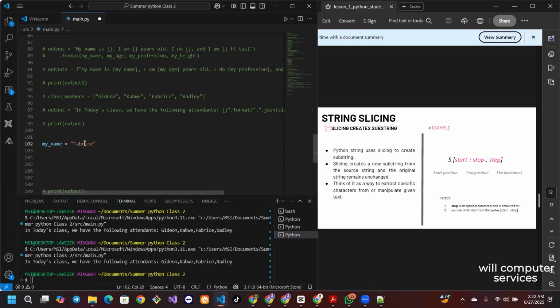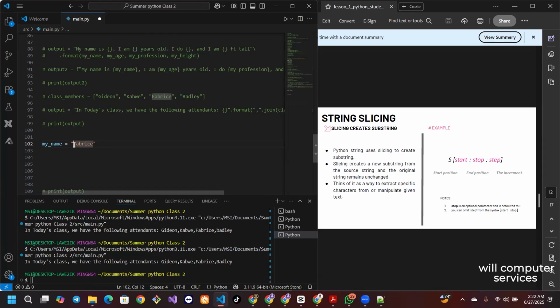Whatever has to do with getting a substring, getting a smaller part of a whole string, whatever requires you to do that, the approach you use is what we call slicing. And the way it works in Python is